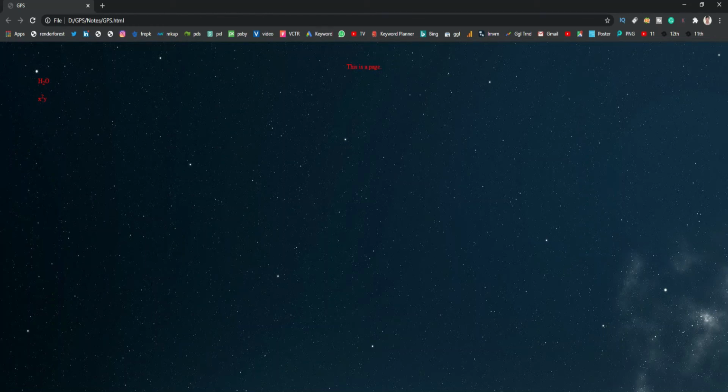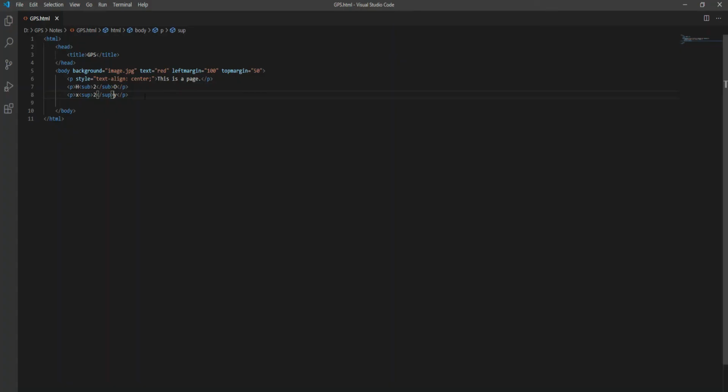Now go back to the page, and now we will discuss the heading tag. What is the use of the heading tag? If we want to make a heading in the web page, then we can use the heading tag, and we have 6 different types of heading tags available in the HTML language.